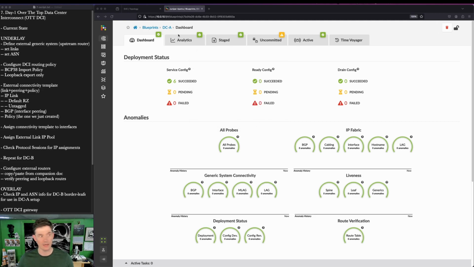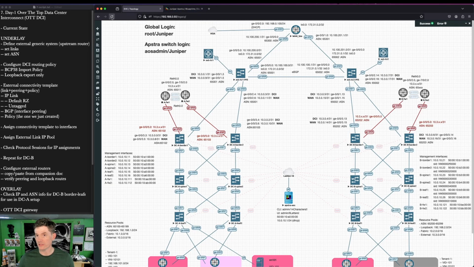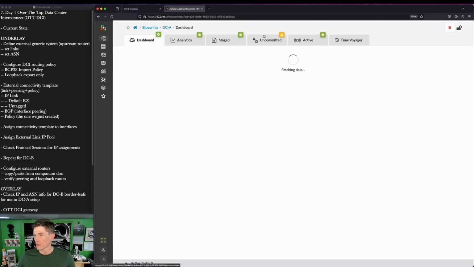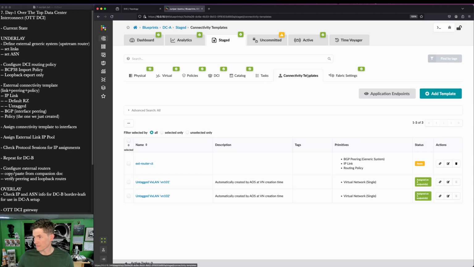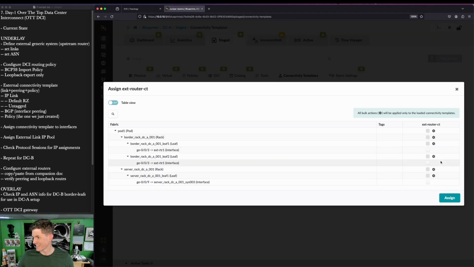Okay. Now, once that's off and it stops proxying stuff, I'm just going to click refresh once here, and I'll do the same for Eve. You'll note that even though I got dumped out, I still have uncommitted config. I didn't click assign here, but I haven't lost any of the work that I was doing, which is really nice. We're connecting up to the external router from GE003 on both of these border leaves, so we assign